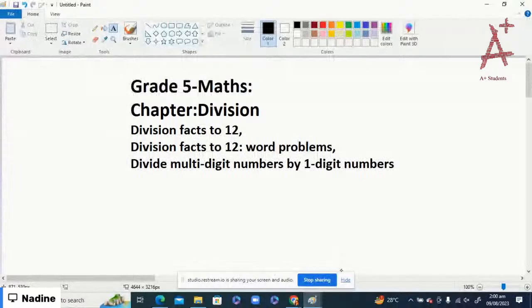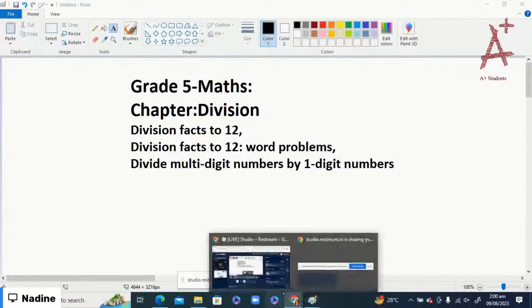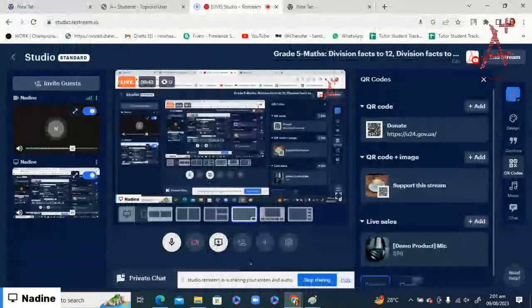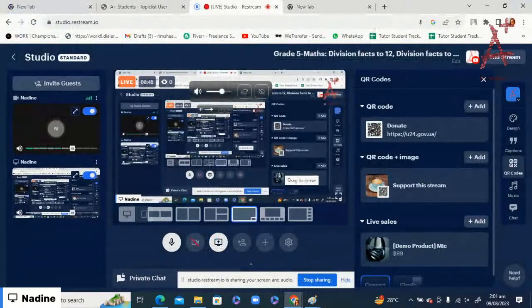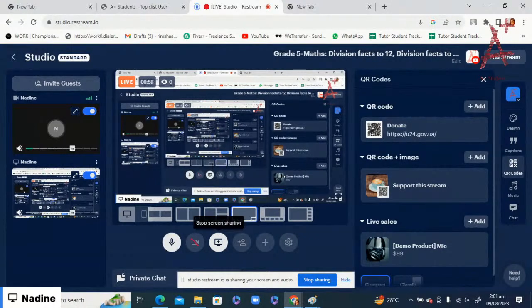Alright, wait, let me check my screen is sharing or not. Just give me 1 second, I'm going to check. Okay,